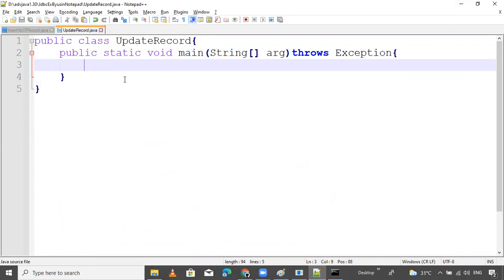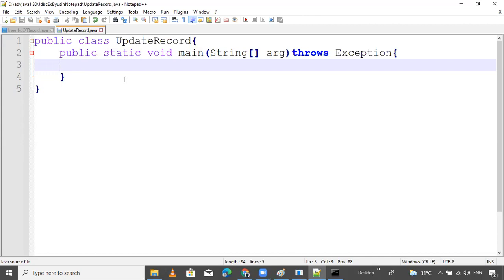I will tell you the drawbacks of the statement that I am using frequently, and why they introduced the prepared statement. Where we use it and how to use it, all these scenarios I will teach next session.